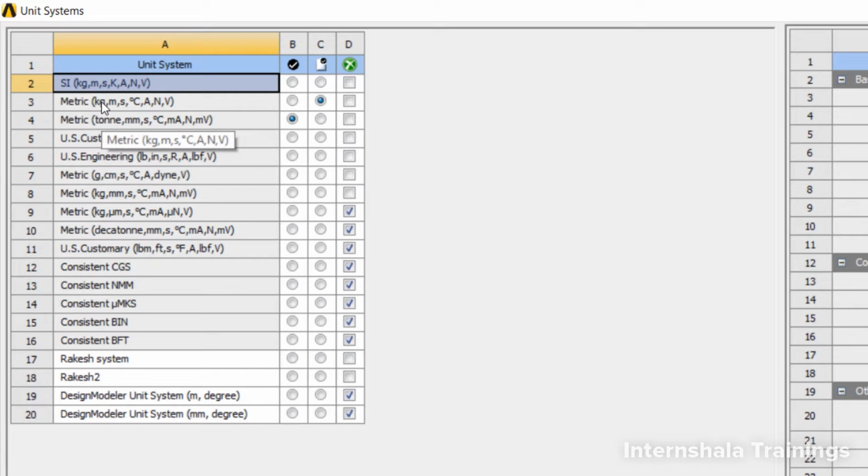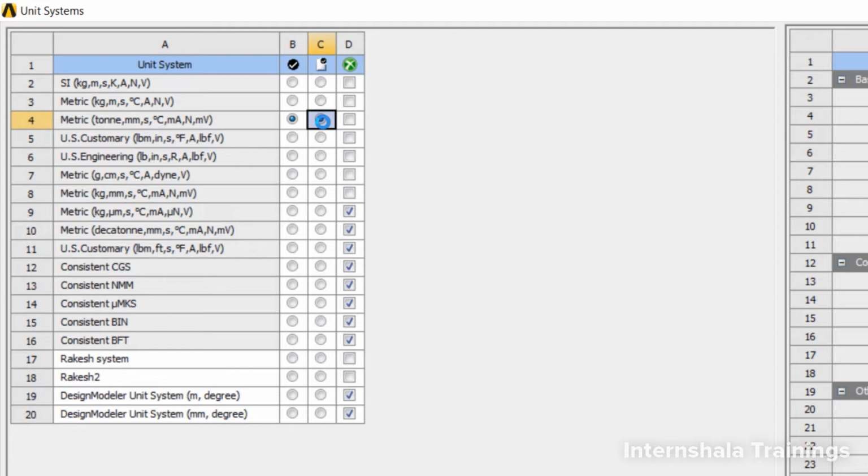No, I don't want it like this. I do want metric ton to be my default system for the next project as well. So instead of selecting this one, I'm going to select this one. Once I select this, however many times I open a new project, my default unit system will be metric ton itself.